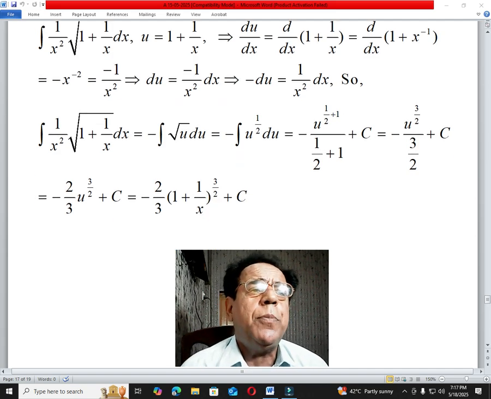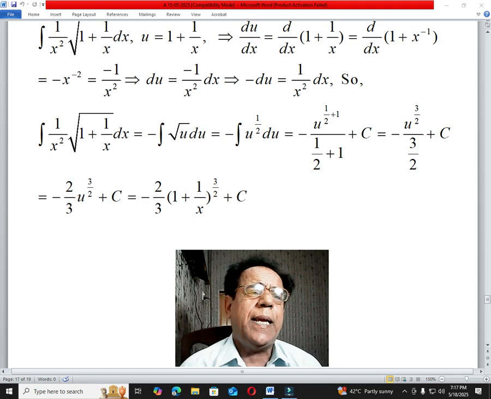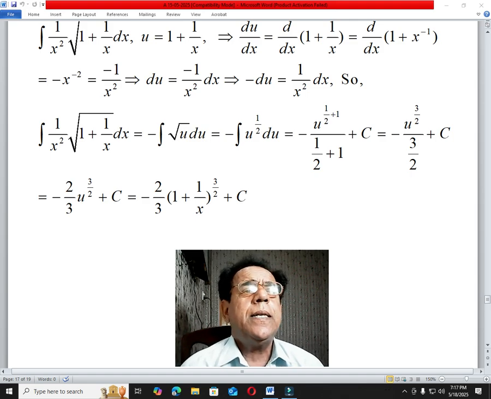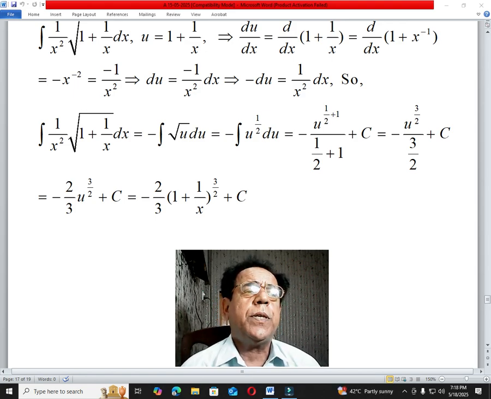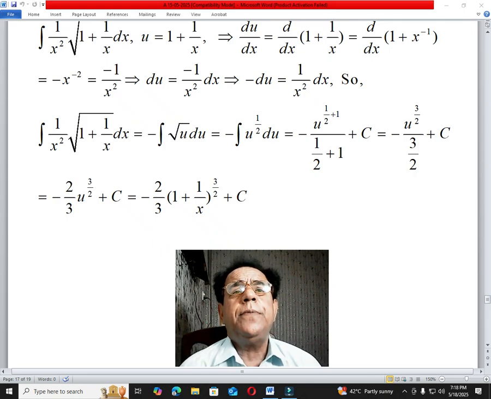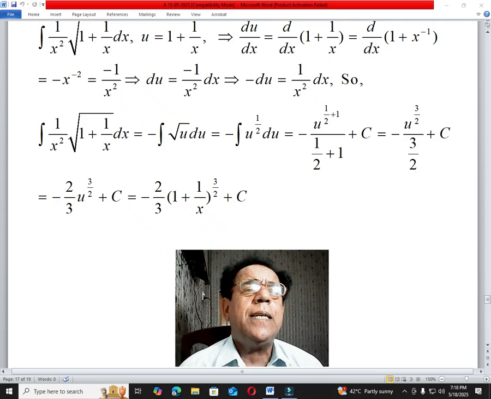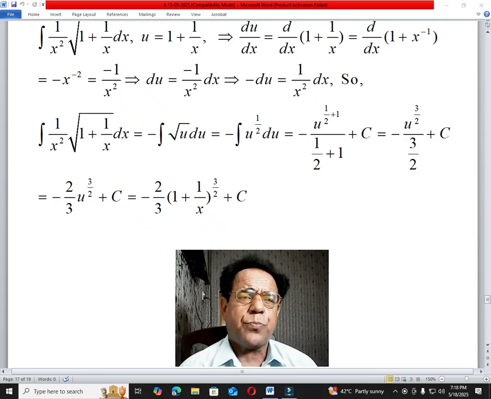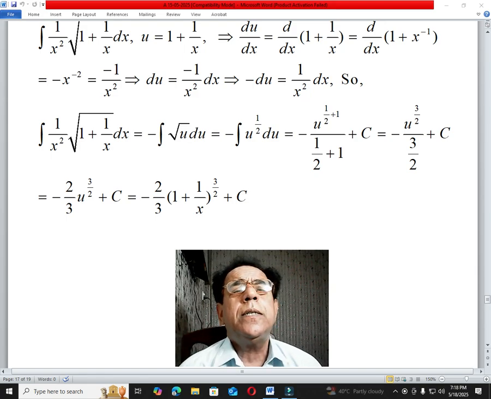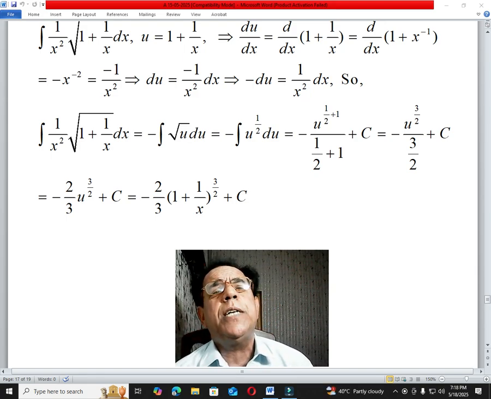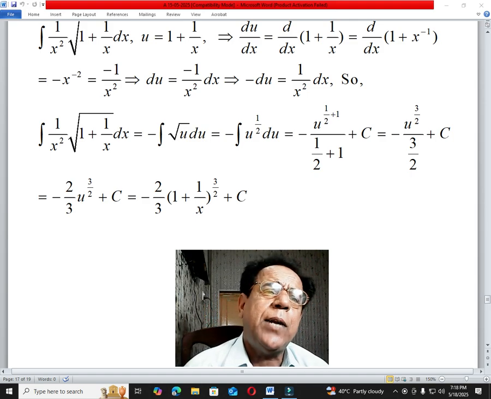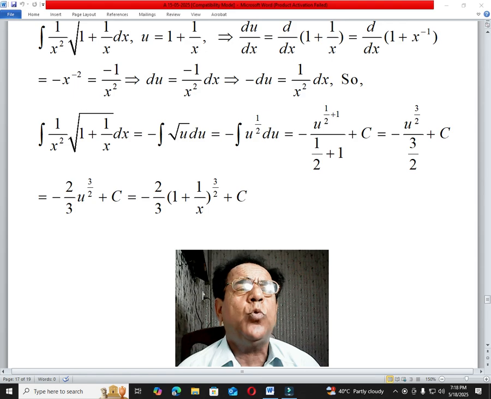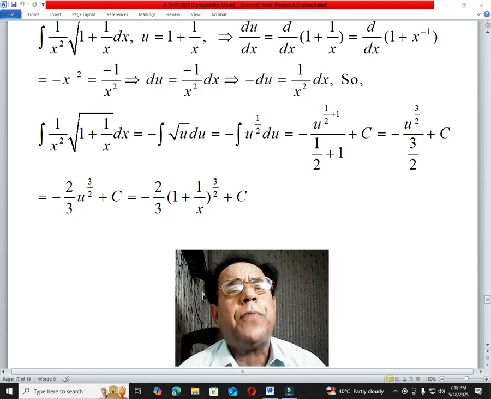So our substituted statement will take the form minus integral of square root of u into du. Now this is equal to u raised to power 1 by 2, one and the same thing, there is no difference. So instead of square root of u, we have written u raised to power 1 by 2,